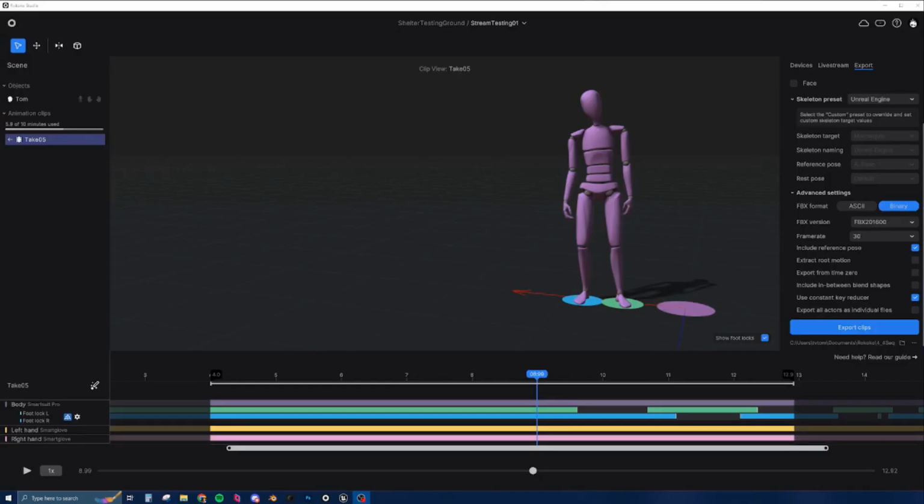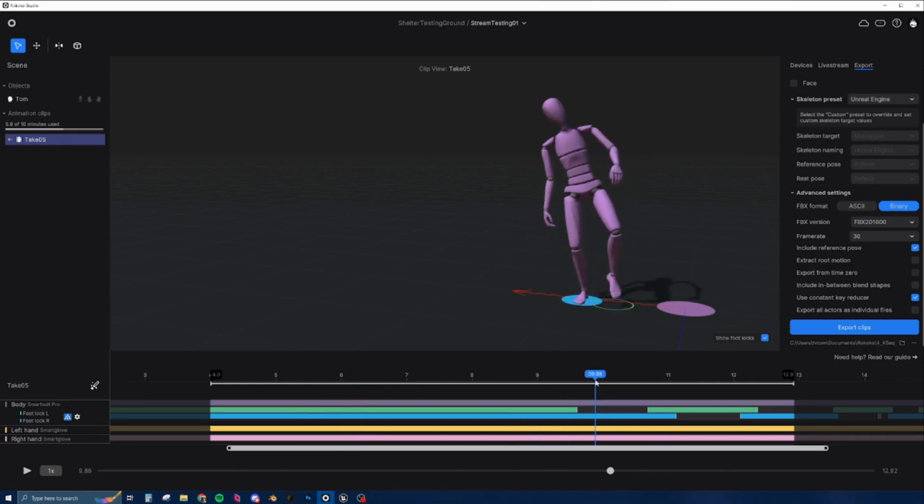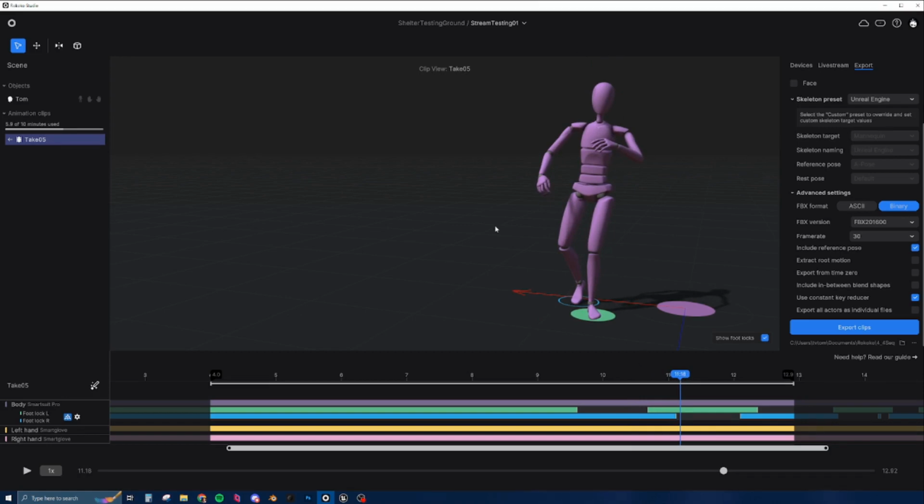Okay, quick tutorial or a little pipeline thing here. So this is Rokoko. This is me in the suit doing my little zombie thing. And the idea is to get this animation into Unreal Engine for cinematics stuff. So currently, even though the new Rokoko Studio has an Unreal Engine export,